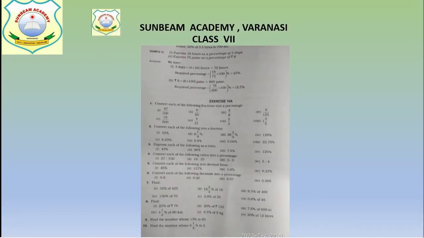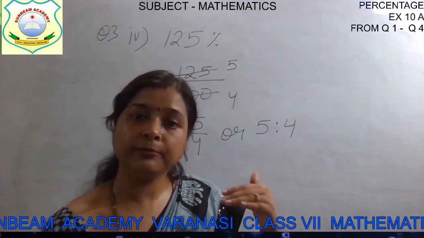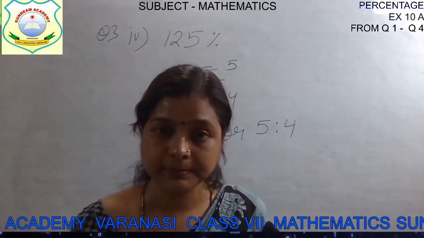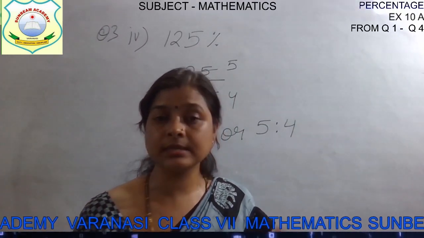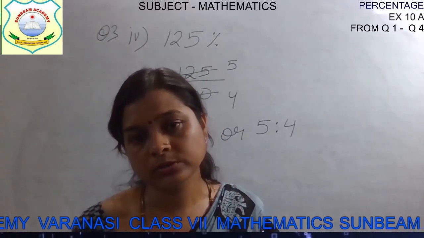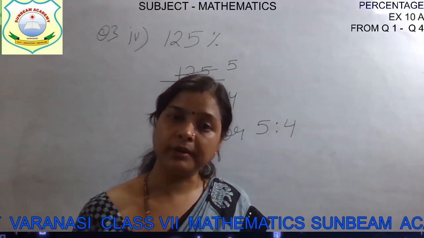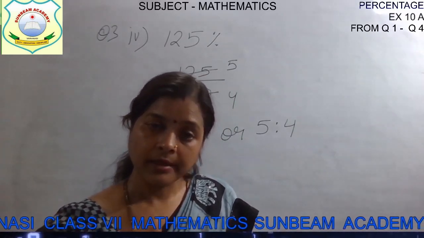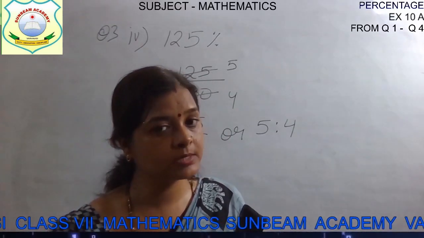Next question is question number 4. Convert each of the following ratios into percentage. Earlier in the first question, what have we done? In the first question we were having a fraction and we had to convert it into percentage. Then we multiplied by 100. Now in the fourth question it is given in the form of ratio. So first we will write it as a fraction,